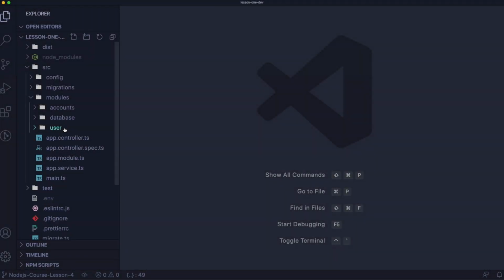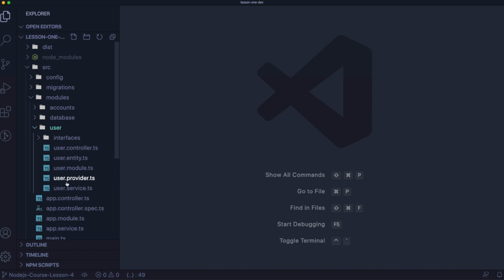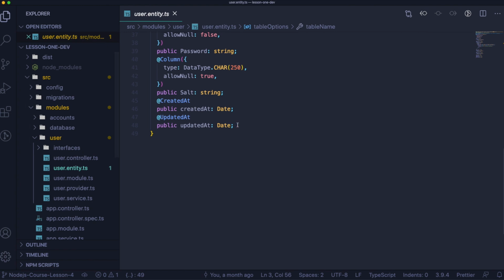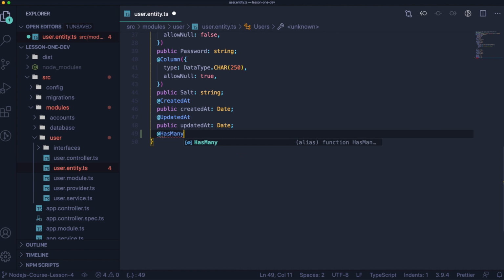Okay, so let's open the code from the previous lesson, and the first thing that we are going to do is to update our user entity. So let's go to our user folder, let's open user entity, and here we have to add 2 lines of code because we need to create a connection between our user and accounts. So let's add has many